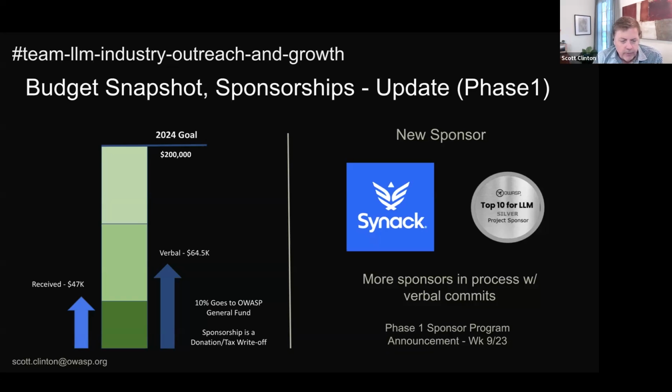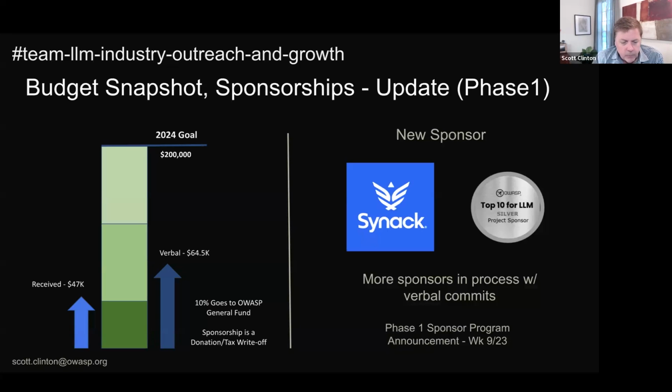As a reminder, part of the deal with OWASP to have a dedicated set of funding for a project was that OWASP gets a cut to help the core budget, which makes complete sense to me. So 10% of what we earn goes over to support the broader cause because they support us.